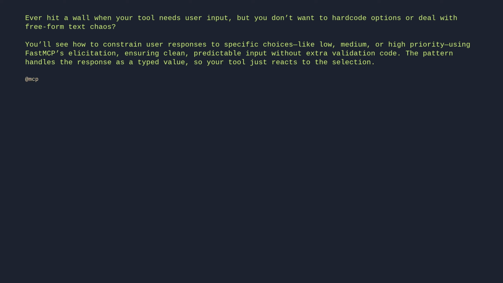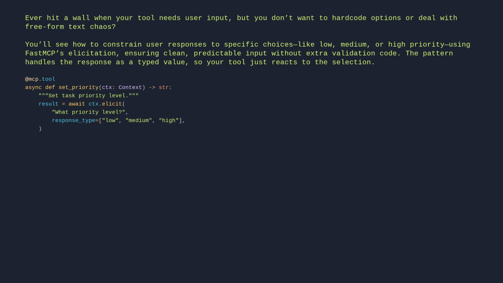@mcp.tool async def set_priority(ctx: Context) -> str: "Set task priority level." result = await ctx.elicit("What priority level?", response_type=["low", "medium", "high"]) if result.action == "accept": return f"Priority set to {result.data}"